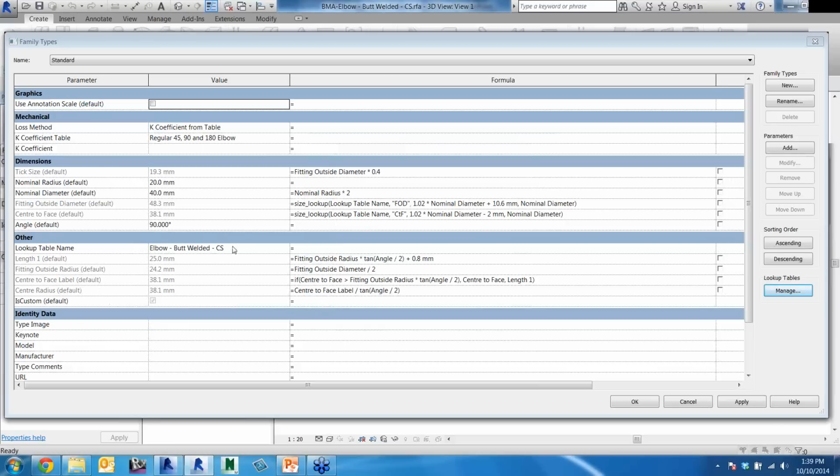Here is the lookup table name. Then you've got some examples of this lookup table being referenced in formulas for certain parameters. The whole thing behind this is that it's using these lookup tables to automate the sizing of these parameters, and in turn automate your working and your modeling of pipe types, to automate the process of the sizing basically, and not only that but also control the sizing as well,